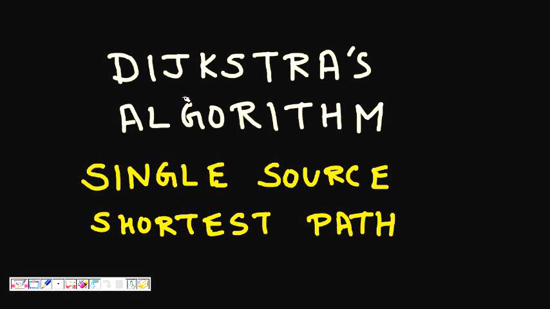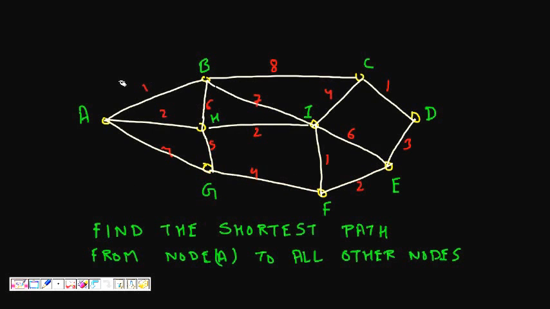In this lecture, we will learn about Dijkstra's algorithm. This algorithm is used for single source shortest path. So what is single source shortest path? Let us have a graph, or for example some cities are there and there are roads connected between them, and all the paths have their lengths, which is shown in this figure.